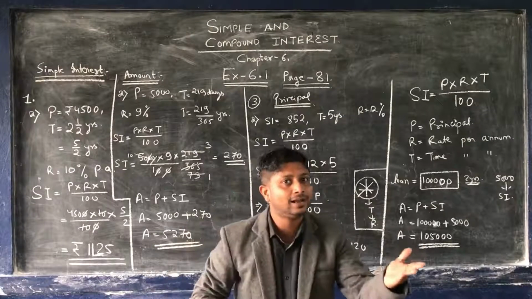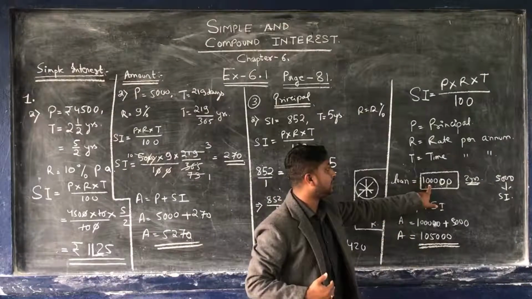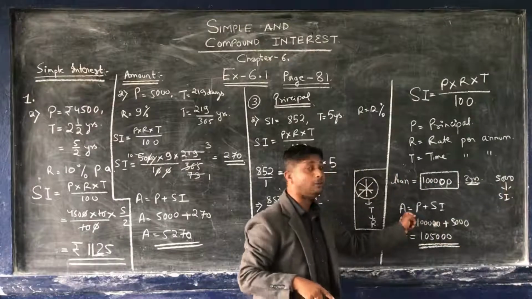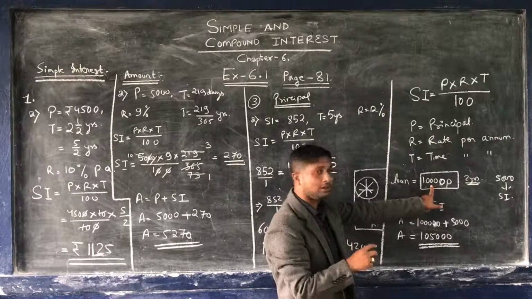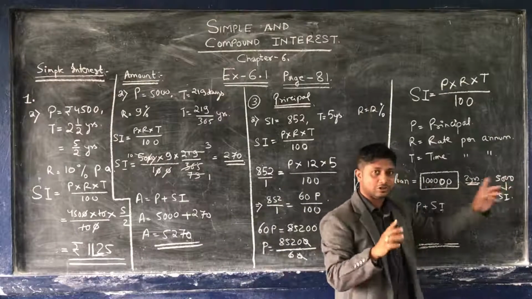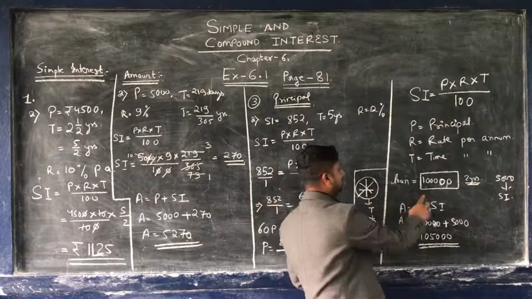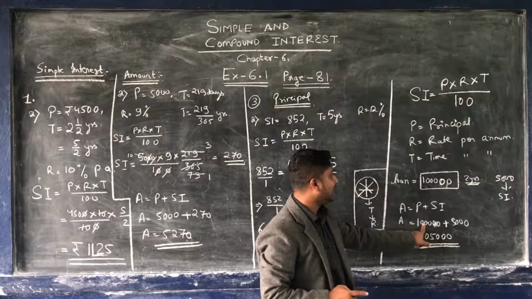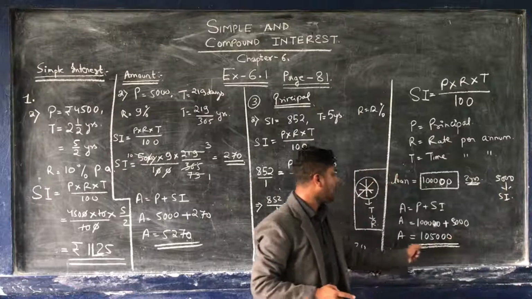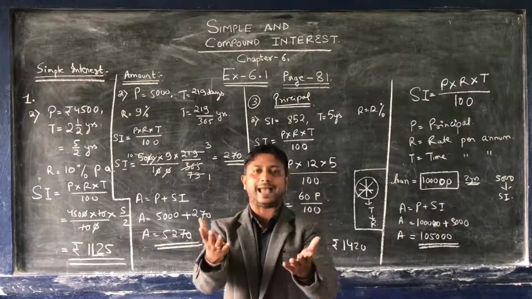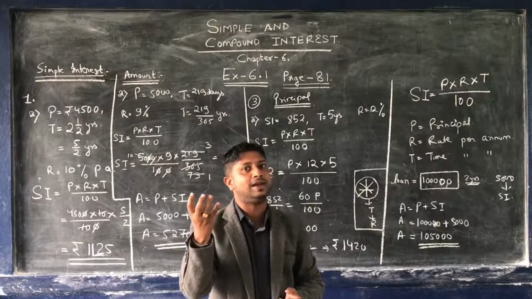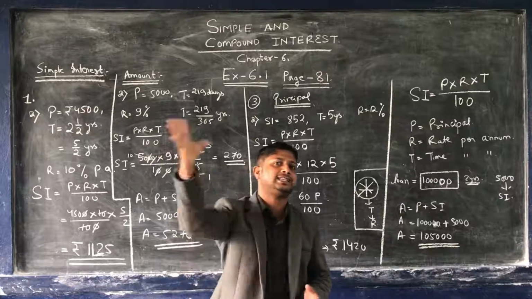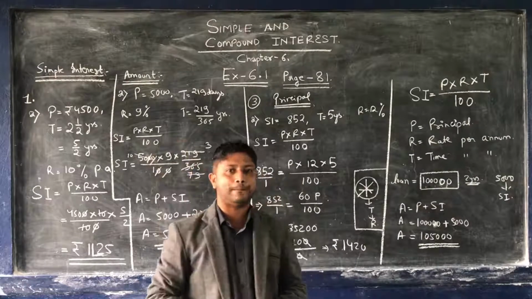That is when I return back, what will I do? Yes, I have to return the original 1 lakh plus 5,000. So that is the amount. Amount means I have to return my principal as well as my simple interest, the extra amount generated. So the formula is amount equals P plus SI, where principal is 1 lakh and my interest is 5,000. So amount is the total money that I return back, whereas simple interest is the extra money that I have to owe. If I take a loan from the bank, that is the extra interest that is to be paid to the bank.